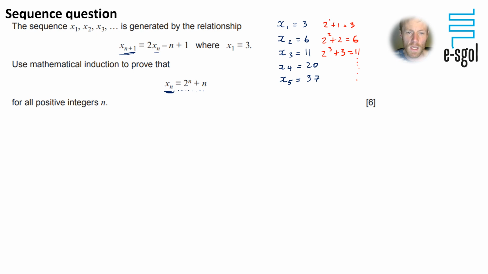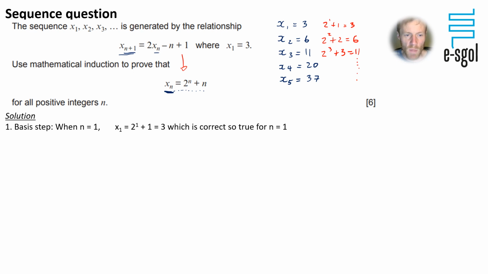So they're kind of taking a recurrence relation and turning it into an nth term, and I thought it was an interesting question to have a look at. As with all proof by induction questions, we'll start with the basis step, and you put 1 into the expression, which is what I've done up here, and I've put it into the nth term. Now I've said it equals 3, and it is true because they've told us the first term is 3. Our assumption step, so we're concentrating on the nth term, and we're saying we are replacing the n's for k's.